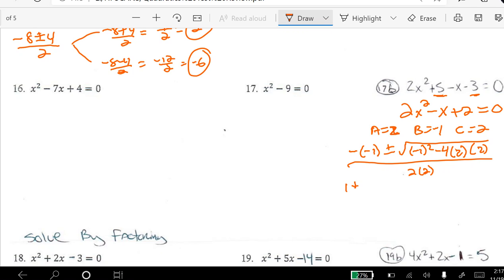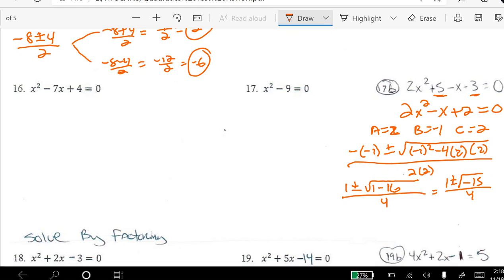It's going to be 1 plus or minus the square root of 1 minus, it's going to be 16, it's about to be 8. 1 minus 16 over 4. So 1 plus or minus the square root of negative 15